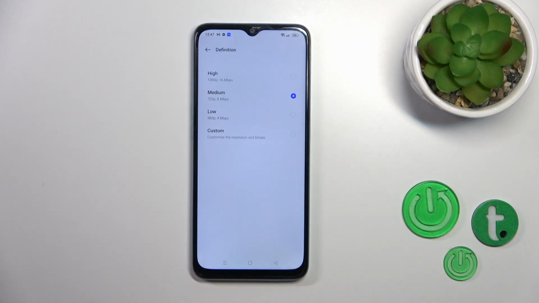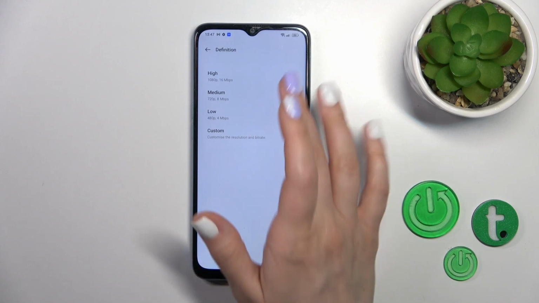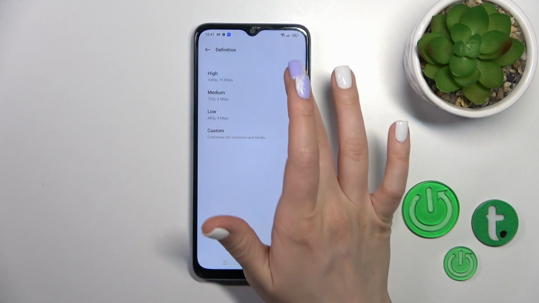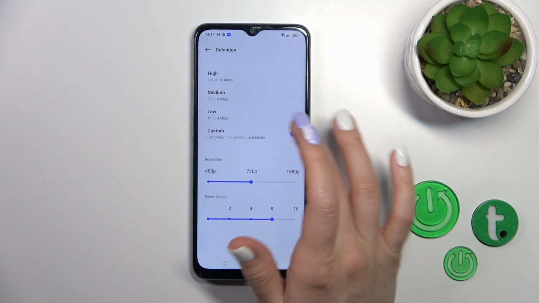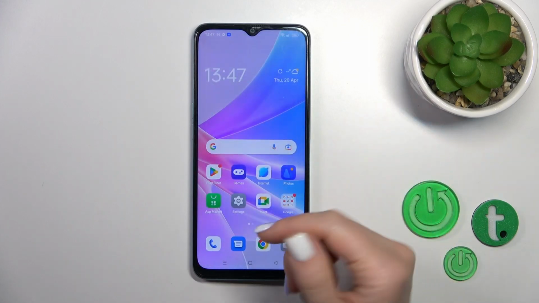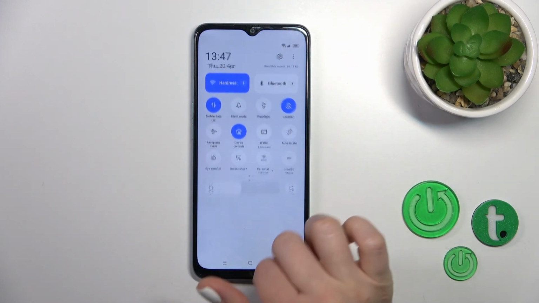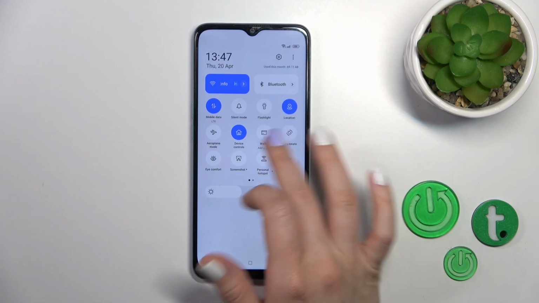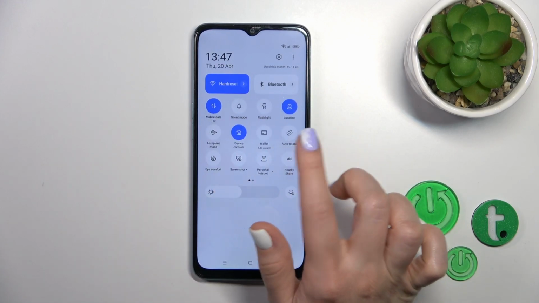So just to switch the quality, you should select one from these available definitions or set a custom one. Also, you can open the screen recorder settings just by finding here the screen record icon on the